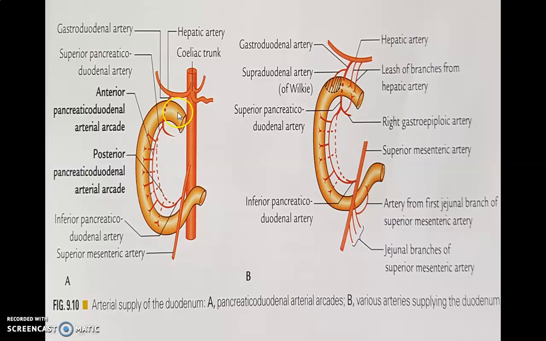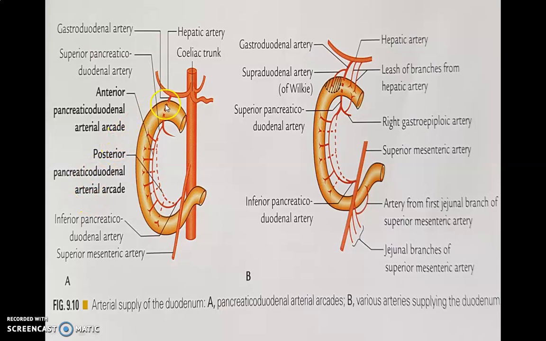The first part and the second part of the duodenum up to the bile duct entry develop from the foregut. The rest of the second part, the third part and the fourth part develop from the midgut. That's why the upper part of the duodenum is supplied by branches from the celiac artery, which is its axis artery, while the distal part is developed from the midgut and is supplied by its axis artery, the superior mesenteric artery.